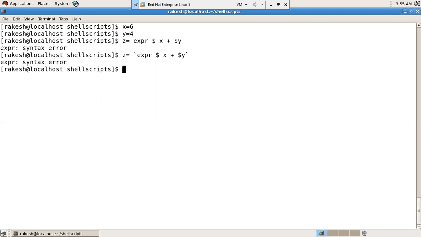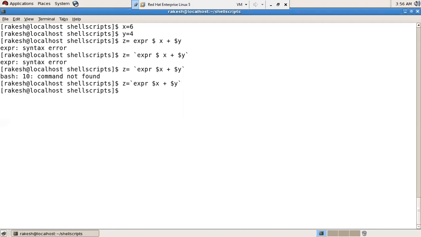Okay, again, it doesn't work for me, right? Command not found. Z equal to, okay. Now it is assigned properly. If it is assigned successfully, then it returns the prompt back. Echo $z will display the value. Let's check this without the quotes.